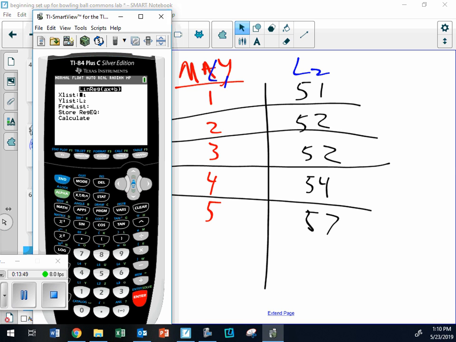I'm hitting enter. I'm going to enter in L1, L2. And now this is a part where I can't help you. People that have the old version, you don't have this menu. That sucks. But what you do is type L1, comma L2. Who are my people in here that have the old calculator? It does not have this menu. All right, so there's like 5 of you.